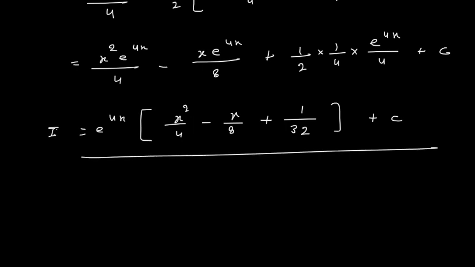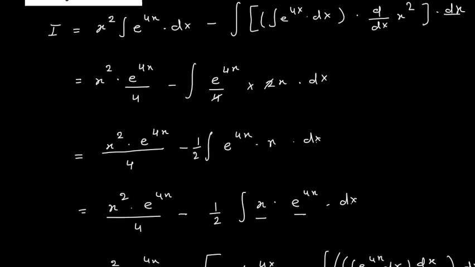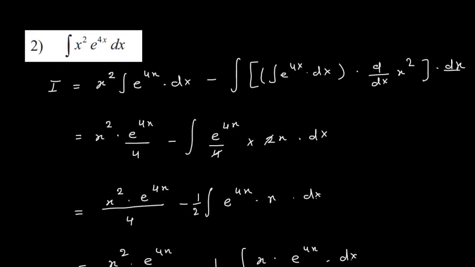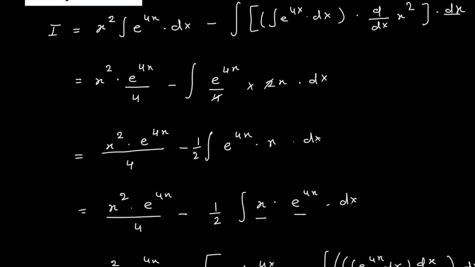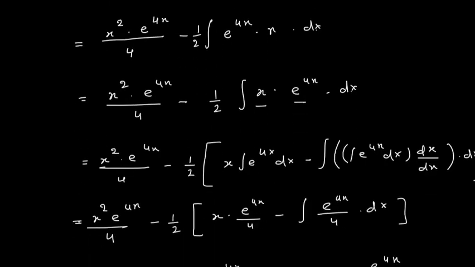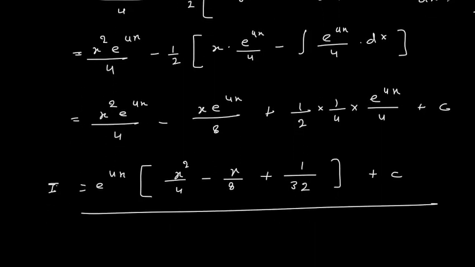Okay, so yes, I have made a little mistake: I cannot take x common out of the integration. Only constant terms can be taken out, variables cannot be taken out. So here you see that it is possible that you are integrating and again you will get one uv term and you have to integrate again. Okay, so this is your result.